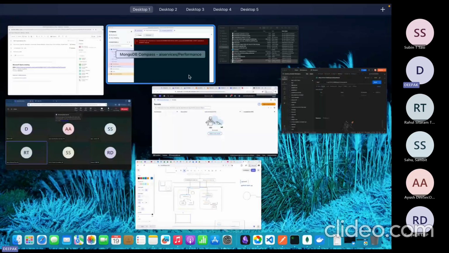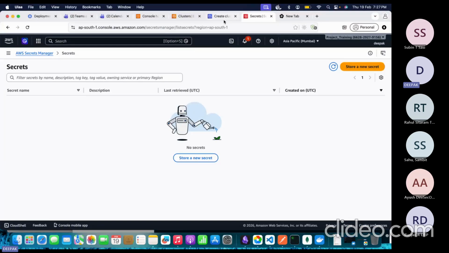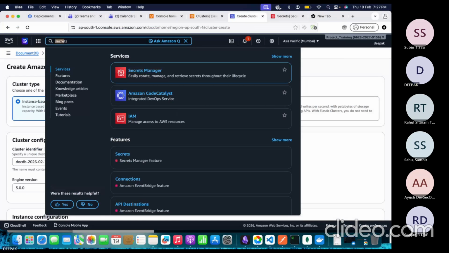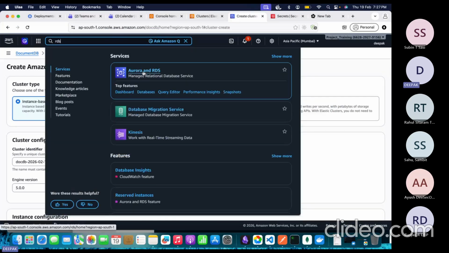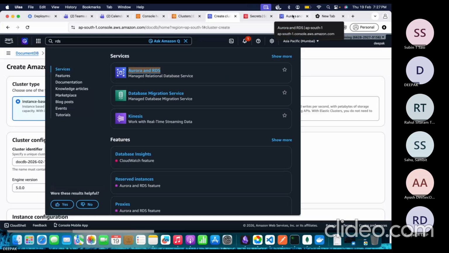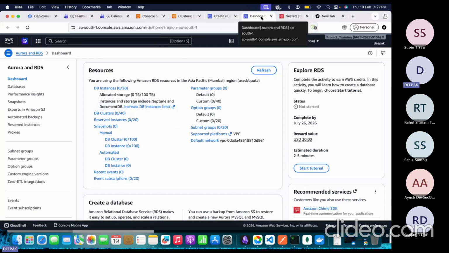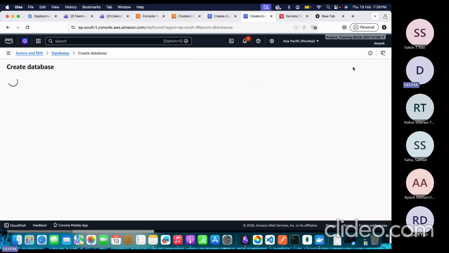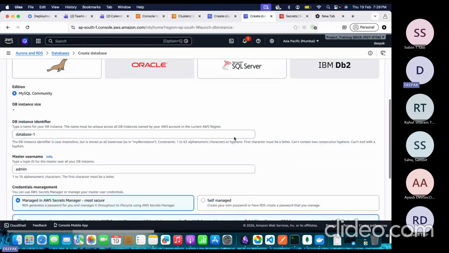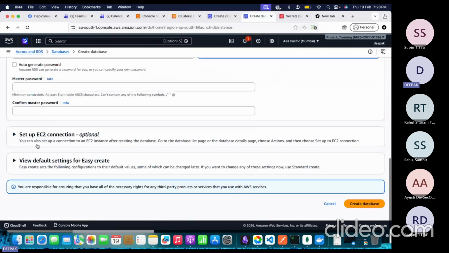So basically, what I am telling, to make it very much simple, let's say database. Sorry, RDS. You can go here. Basically, I am telling you from a very general perspective. Currently, I cannot launch MongoDB, that's why I am showing the RDS one. But the same fundamentals will be followed at the MongoDB level, if you have a subscription key in your organization. So create database, make it easy. Let's say MySQL. If you deploy this, let's say everything is by default. But the main important thing is that